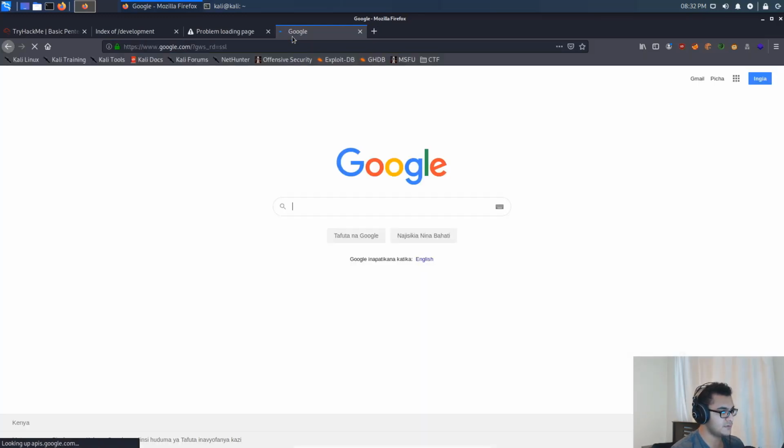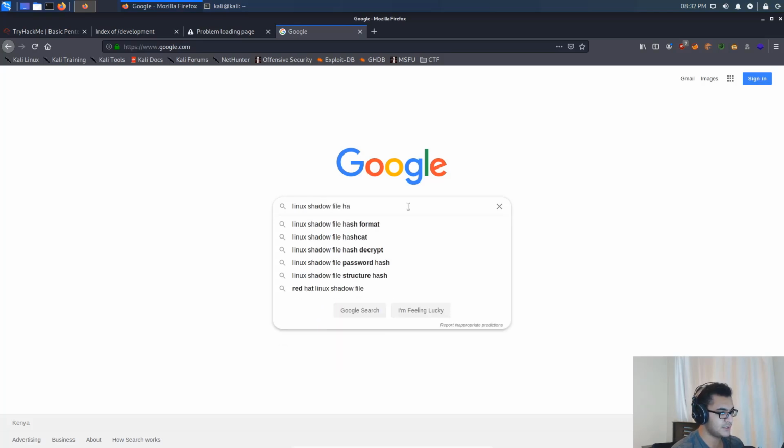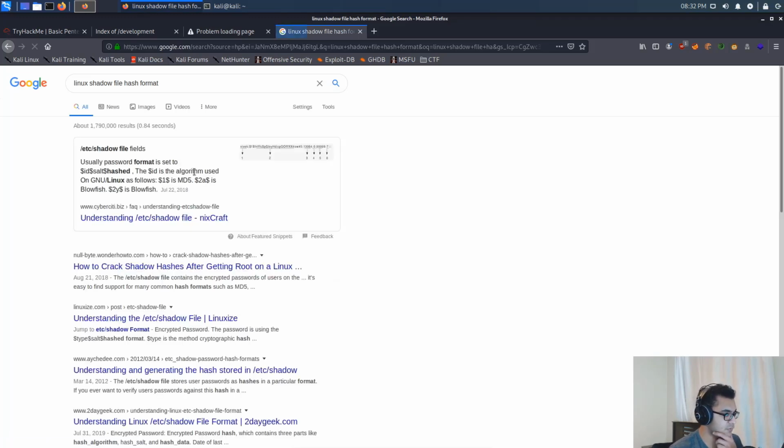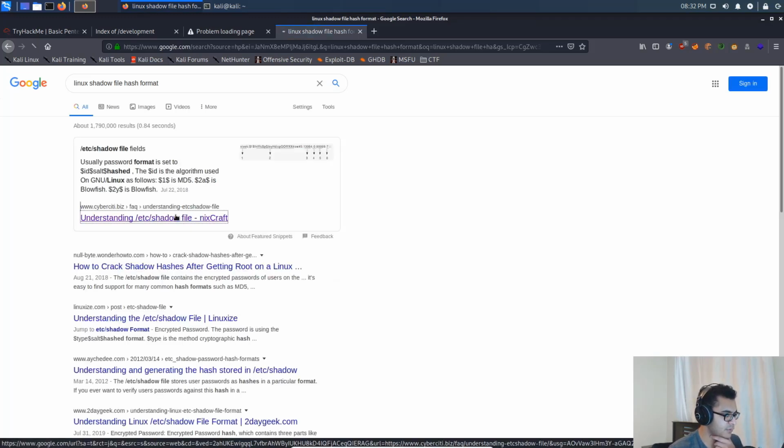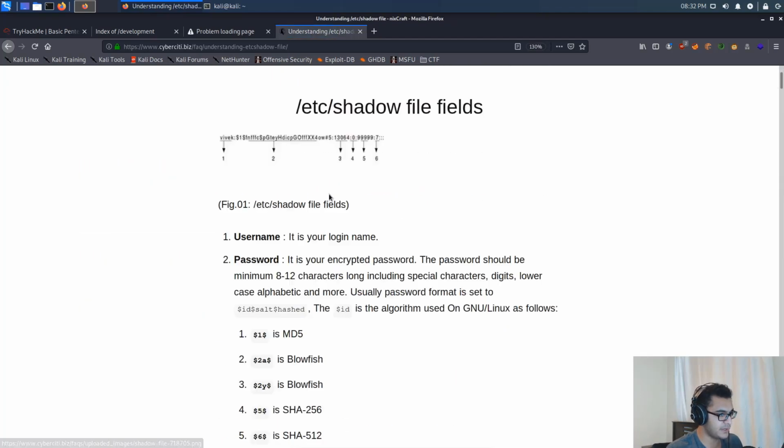Google.com, Linux shadow account. Let me just change that to English here. So, Linux shadow file hash format. Yeah, this will pretty much explain what I want to explain here. So when we're cracking this,